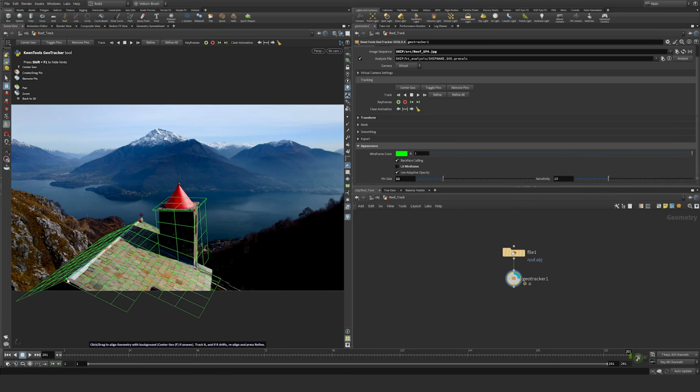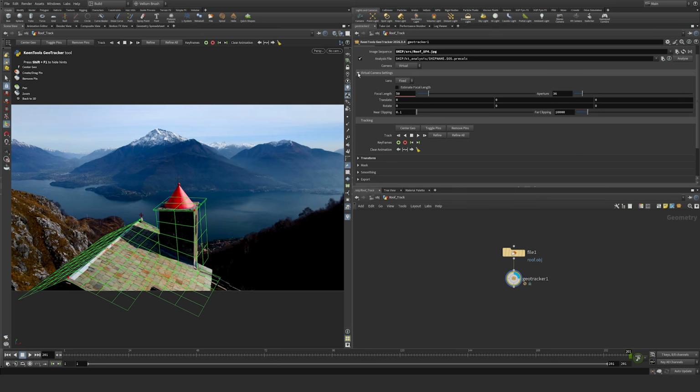Now we can see that there's still some adjustments that would need to be made here because nothing's really lining up here. And that's because of our focal length. The lens on this, we're not too sure what this is going to be. We don't have a camera because we're going to be creating that camera. So let's go to our virtual camera settings here and let's turn on estimate focal length. And when we add a fourth pin on here, we can start to get an estimate of that focal length